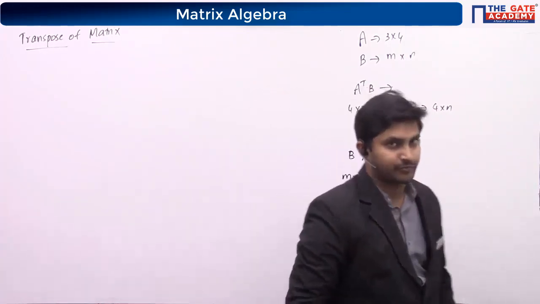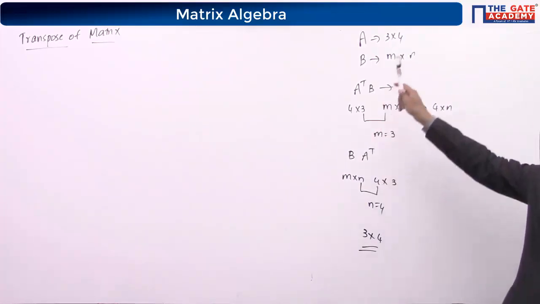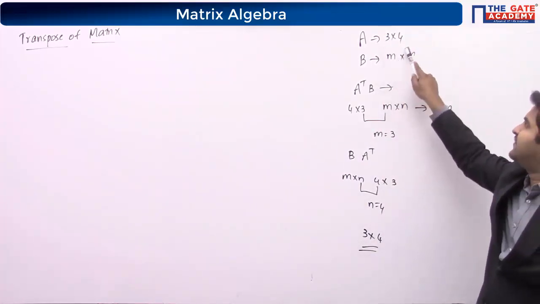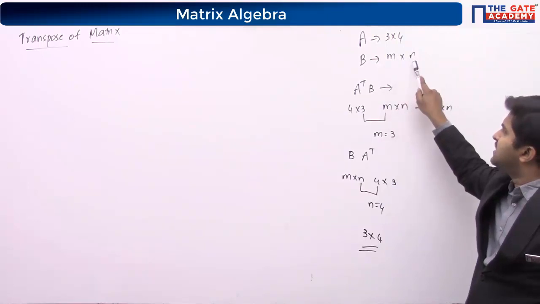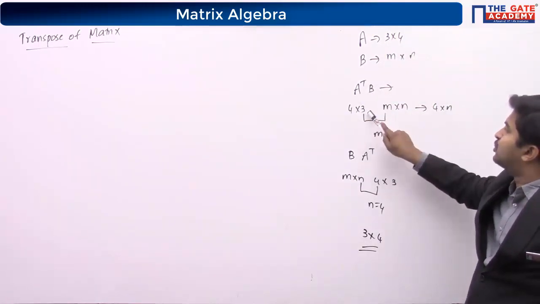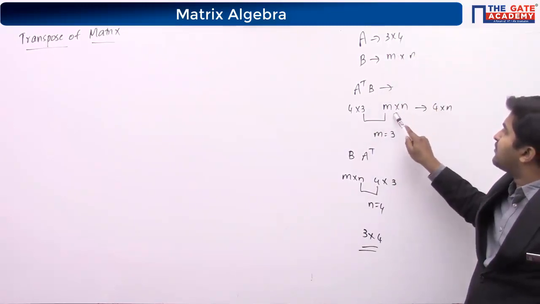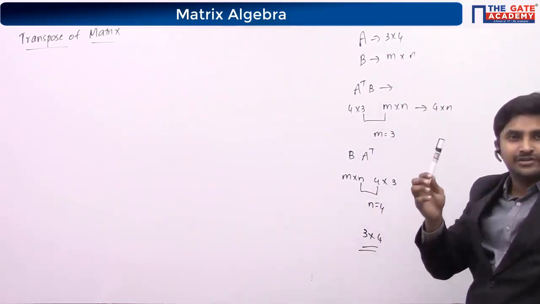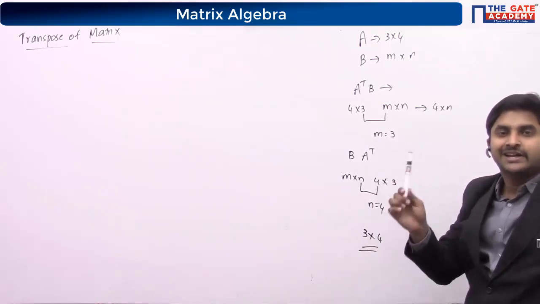This will be the order of B. I think it's very clear. So it is already given, and here we are taking the m cross n. So A transpose B means that you are taking the transpose of this, which is 4 cross 3, whereas you are having m cross n here, and we know whenever the multiplication should be defined, it means that